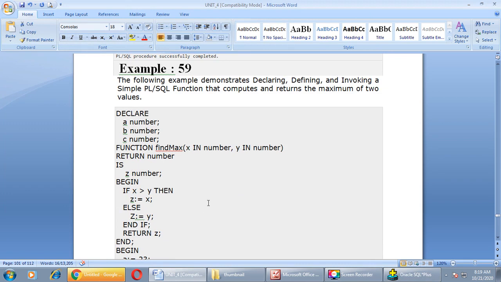Let us cover one more example to clarify the concept of function. The following example demonstrates the declaration, definition and invocation of a simple PL/SQL function that computes and returns the maximum of two different values.